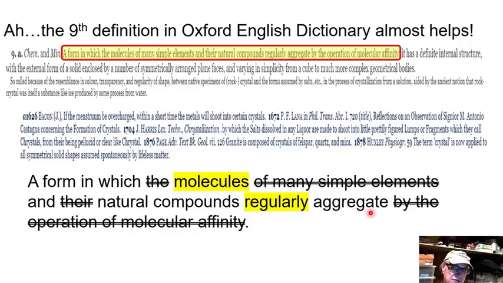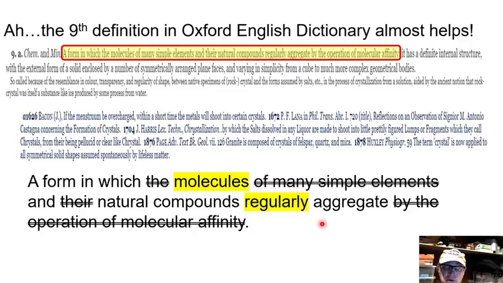We'll see another definition of crystals as we get into smaller crystals that we can more reasonably think about solving in a quantitative way. So the understanding that you're going to get of crystals for polymers is fine if we define crystals as shown here, a form in which the molecules and their natural components regularly aggregate. Okay, so of course